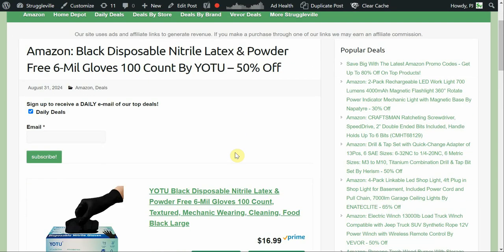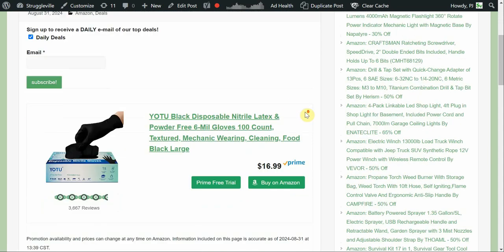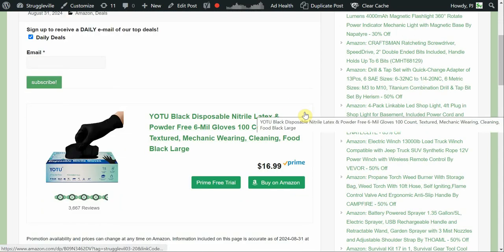We have some black disposable nitrile, latex and powder-free 6mm gloves. This is a 100 count by Yotu. And they were 50% off, plus the 6mm is pretty good. I mean, sometimes you get ones that are only like 4mm, which are too thin. You got some middle porridge here. Again, a 100 count,